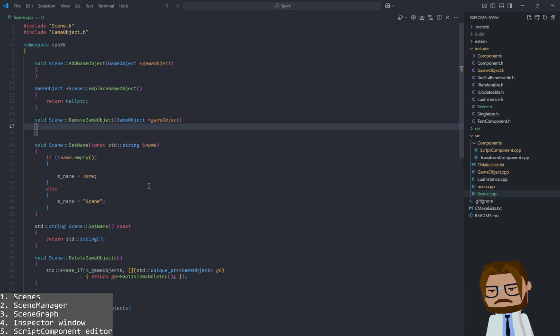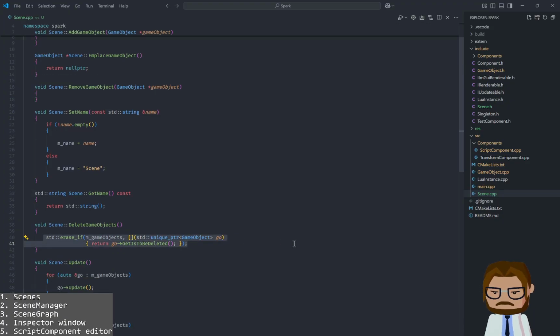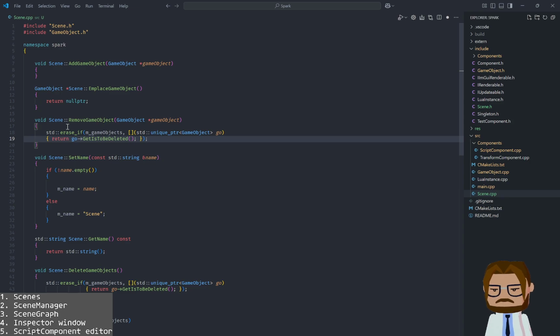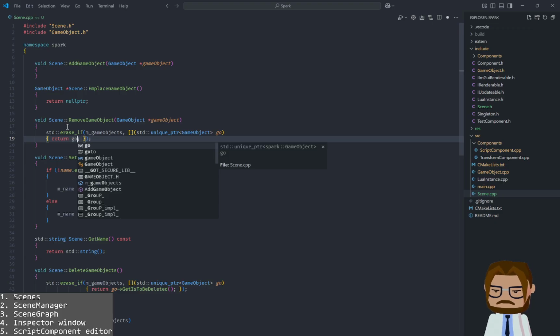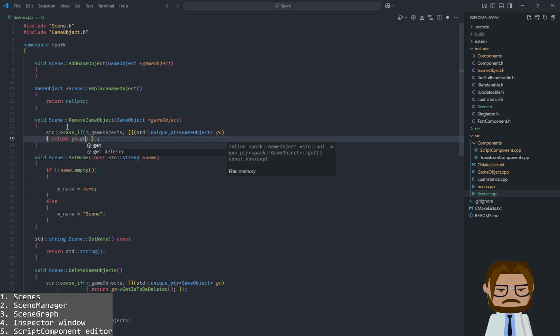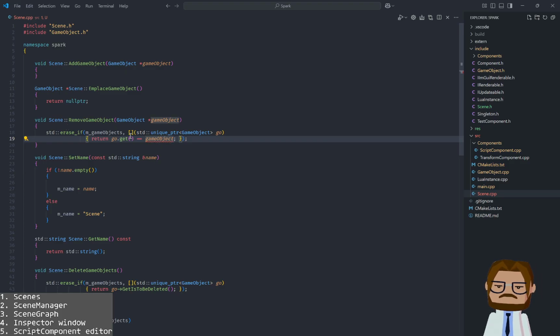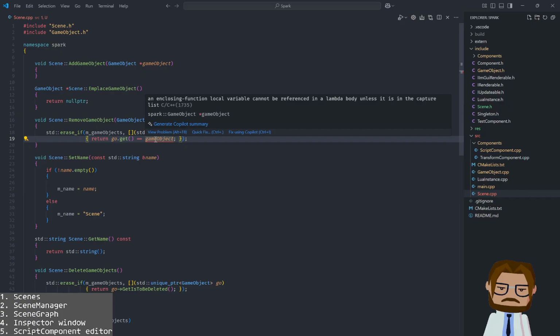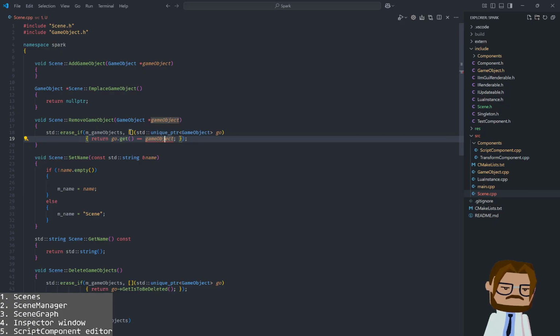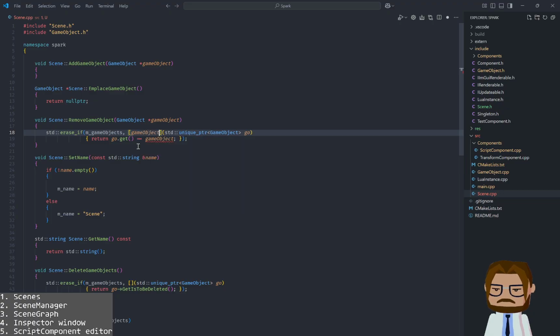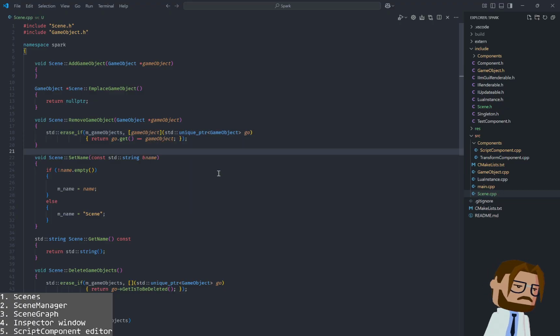Remove GameObject. It's more or less the same as this, right? Just say go get equals GameObject. It should be in the capture list. Sure. We copied over this GameObject inside of this lambda. In place GameObject,